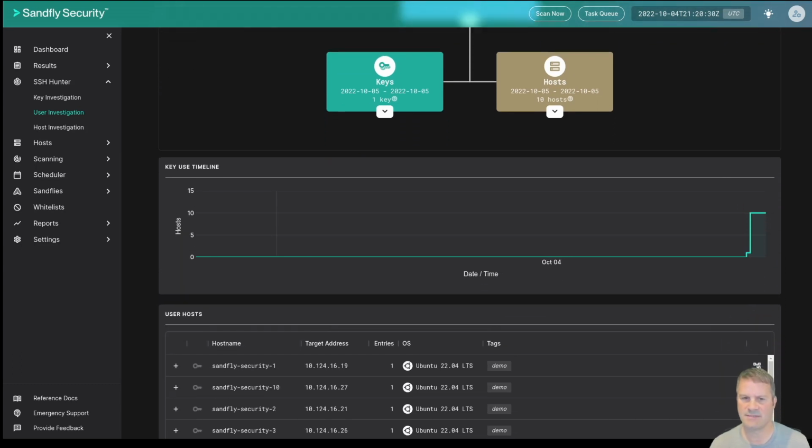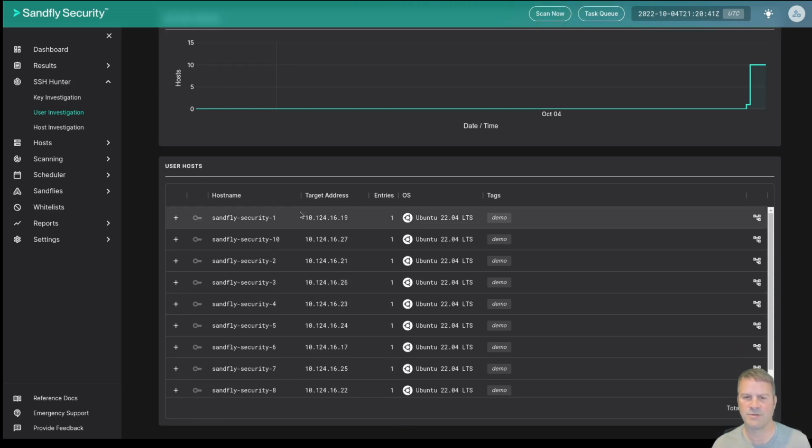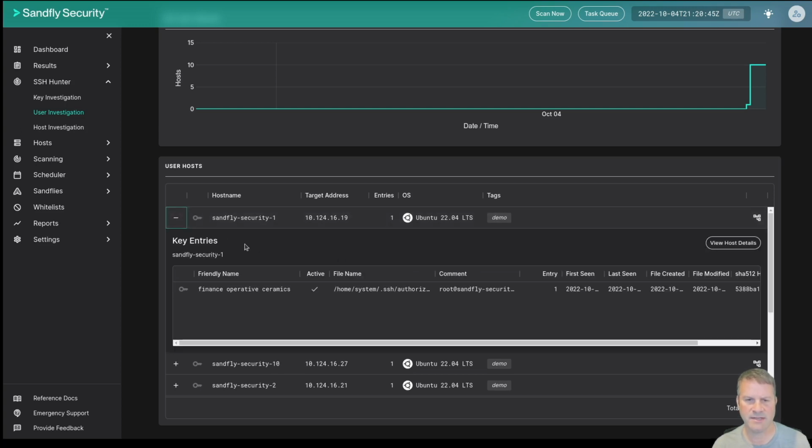And again, we see something really interesting. Again, that key showing up and that user showing up. All of a sudden they were at one host, then bam, they show up on 10 hosts instantaneously. And again, I'm going to show you all the hosts that have that user on it. By clicking on it for that host, we're going to show you basically their SSH authorized key entry